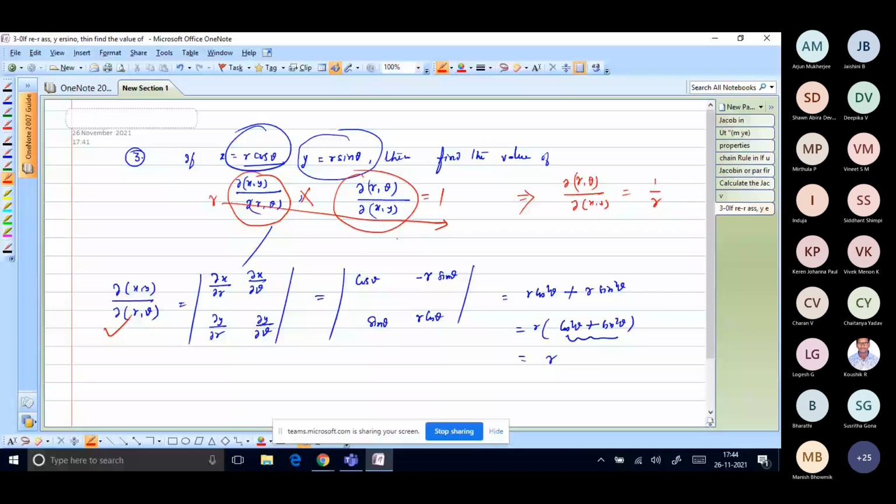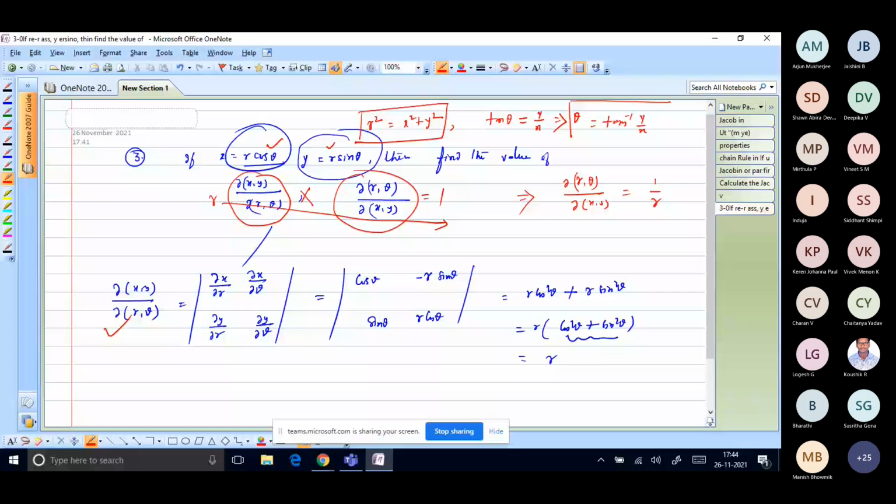Right? And the other way, you can also find it. First of all, you have to square and add. So r square equals x square plus y square. So r is expressed in terms of x and y, and similarly you can find, by dividing, tan theta is y by x, or theta is tan inverse y by x. So you express r in terms of x and y, you express theta in terms of x and y,